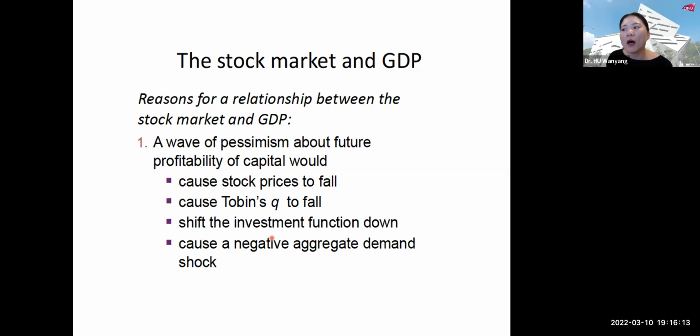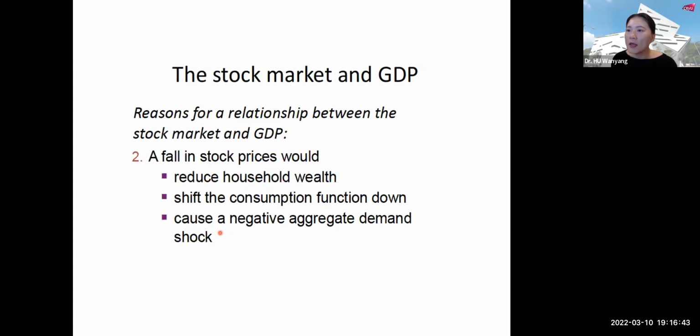And if the entire investment function shifts downwards, then the aggregate demand will be negatively affected. So the GDP will be negatively affected as well, because now we have a negative shock on the aggregate demand. So if there is a fall in the stock price,